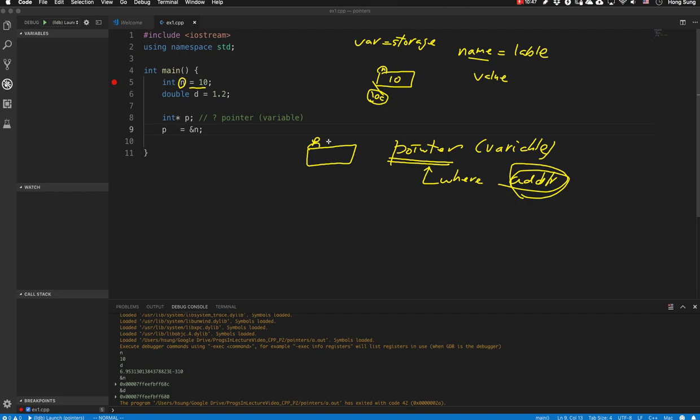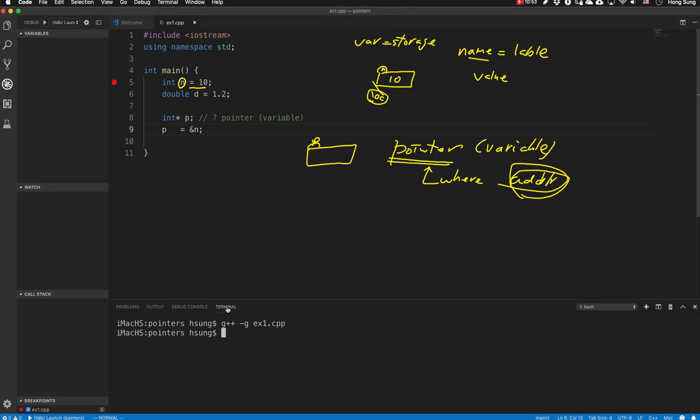So let's examine what is actually inside p in this program. Let me go back to the terminal. Since I have changed the source program, I need to recompile the code and then I can use the debug again. So debug mode, start debug